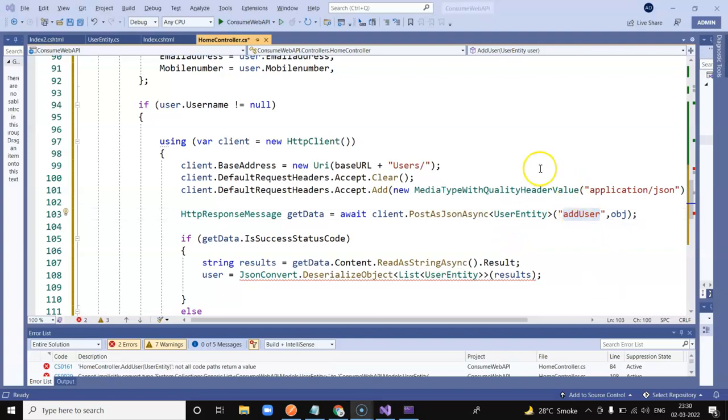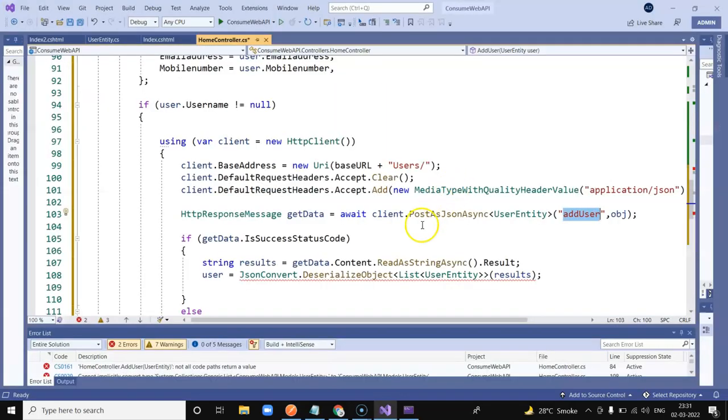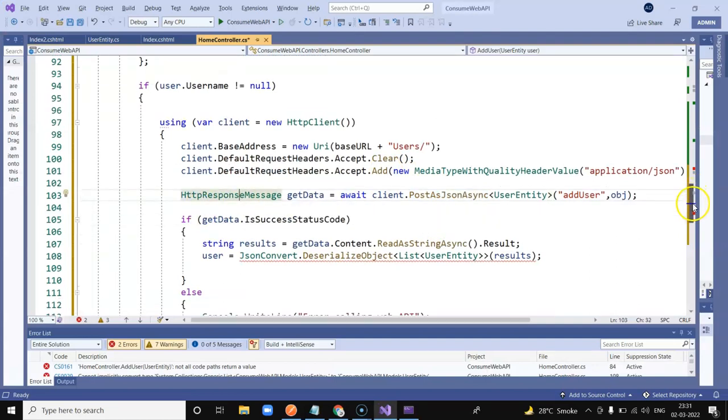This is the add user. So our base URL becomes this. This is the action method as I showed you in the postman. This becomes the entire URL, and then we are saying call this add user, and we are telling the code that it is a post, it's not a get. So once this is done,